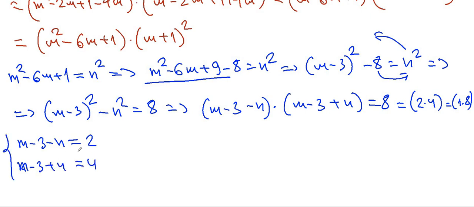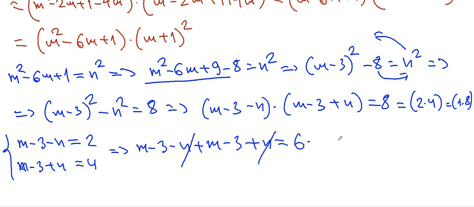If I write this as a system and add these two equations, I will get m − 3 − n + m − 3 + n is equal to 6, and we see that −n + n will be cancelled and 2m − 6 is equal to 6. If I move to the right hand side, I will get here 12,